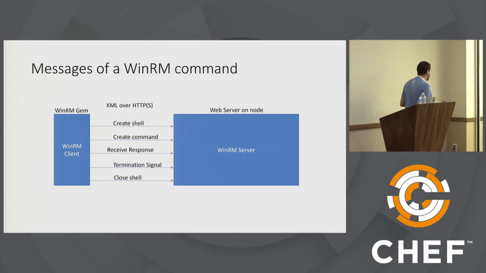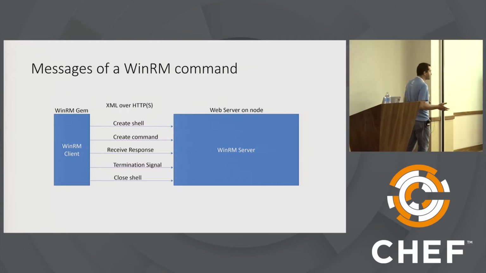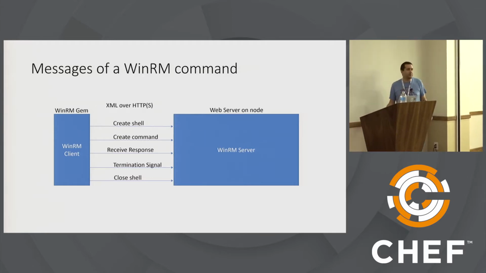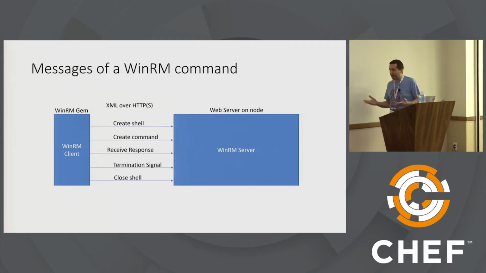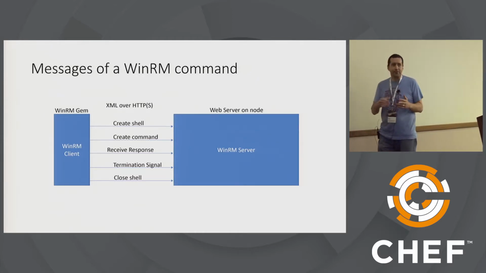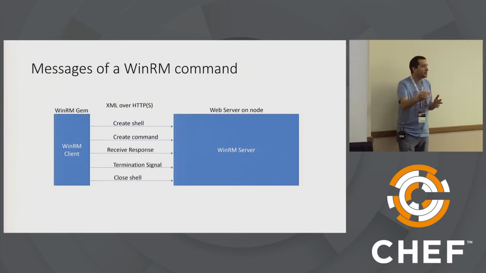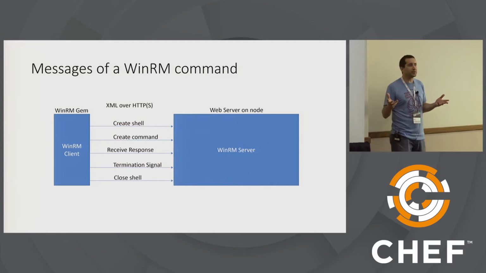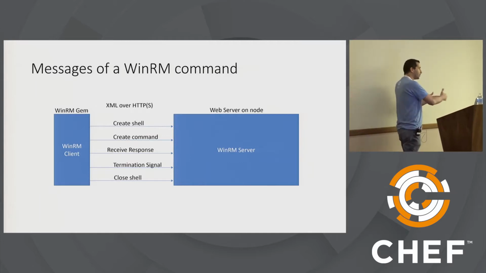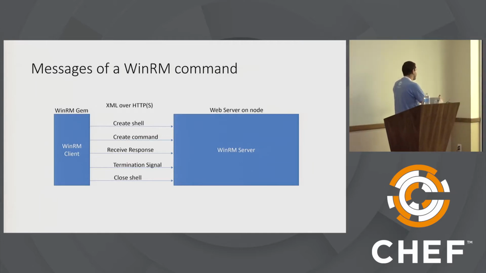So let's say we're using knife WinRM to execute the chef client remotely. Now, that could take, I mean, it depends on what you're converging on. It could take 5 minutes, could take 20 minutes, could take an hour. So what I would expect to see in that very first request for response is a little bit of output, like the very beginning of my chef client run, but no signal that the command has terminated. And so what the WinRM gem will do, it's just going to keep polling that server for output,